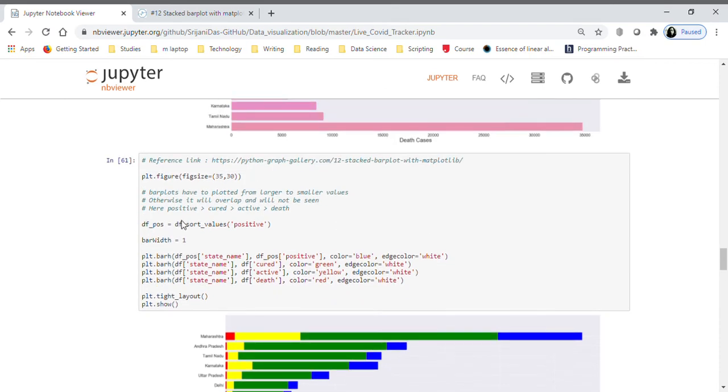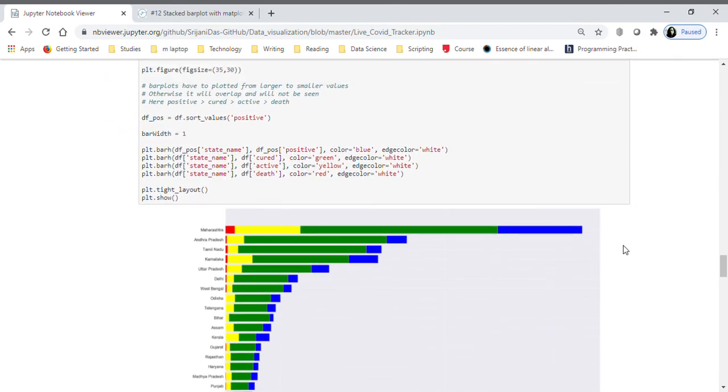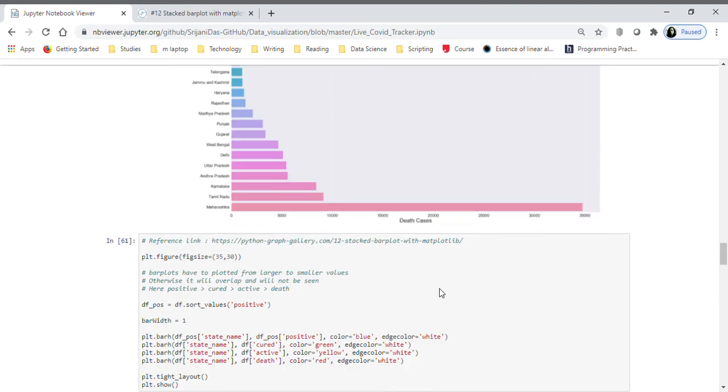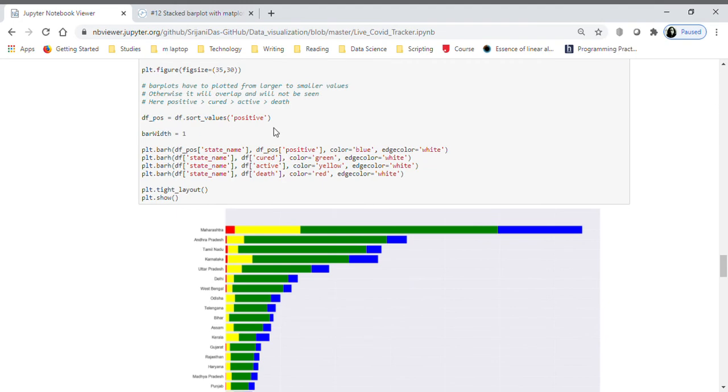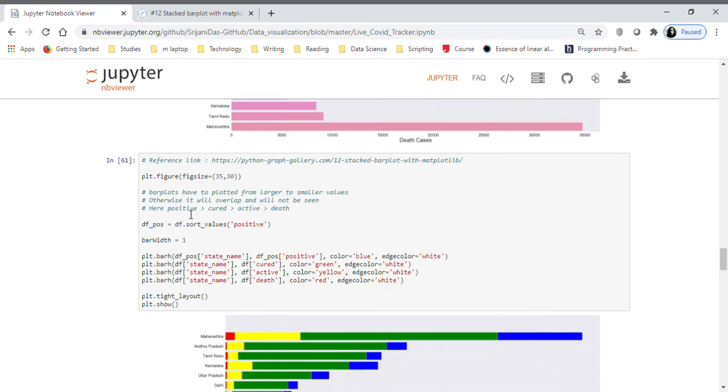And now I'll tell you why I did this one, because I wanted a sorted bar chart again like the other ones. If we don't do this line, it will be scattered all over the place, and all the states will show in alphabetical order, but I didn't want that. I just wanted to see the order here.